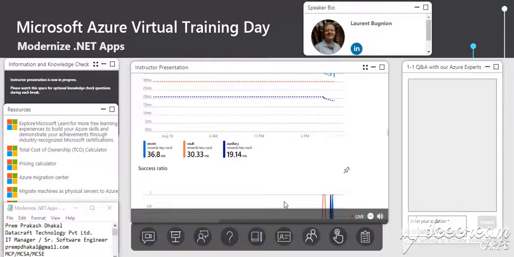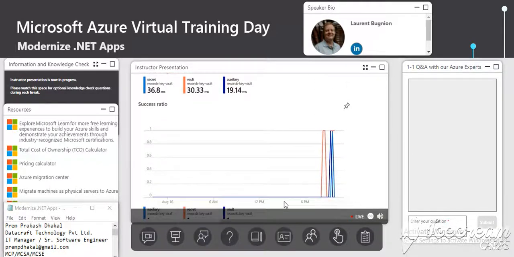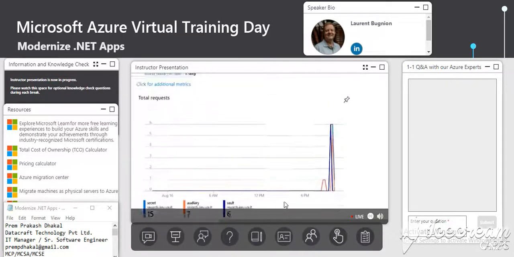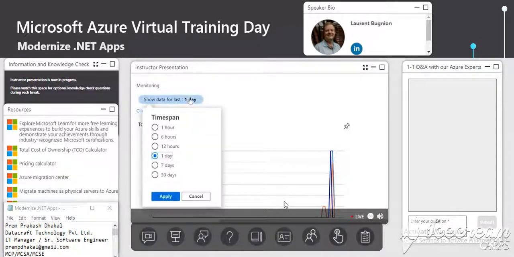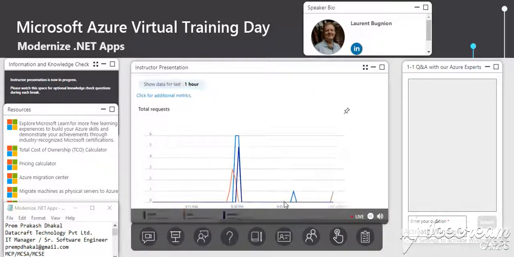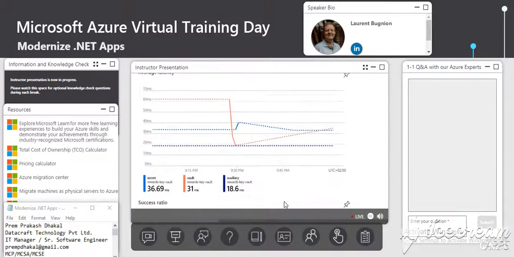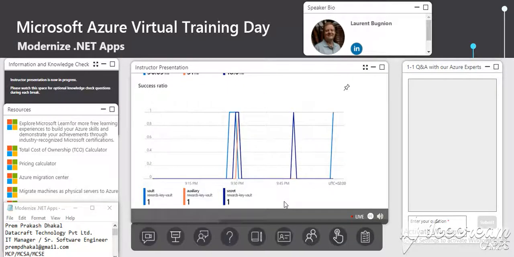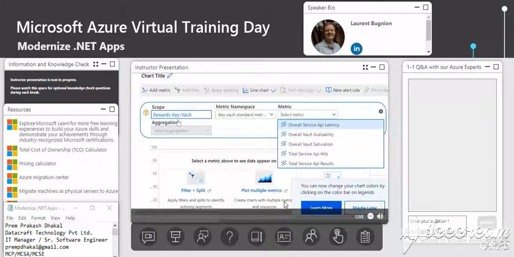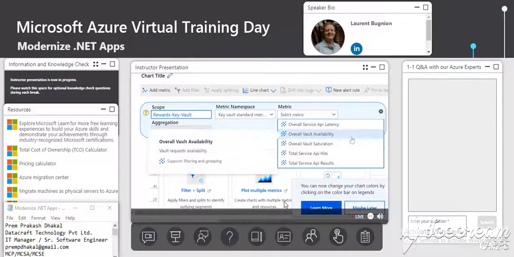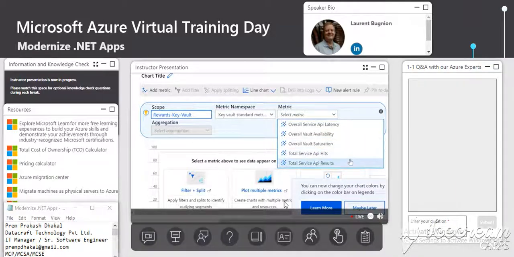And notice a small pin in the top right corner of the graph. This allows you to pin the graph to your dashboard. So you can always put a graph to your dashboard and see what's happening in really the glance of an eye, and you can pin really different things. Here I modified the duration of the graph, like this you can see over the last hour. And of course you can also add different metrics, like for example here we see latency, availability, etc.